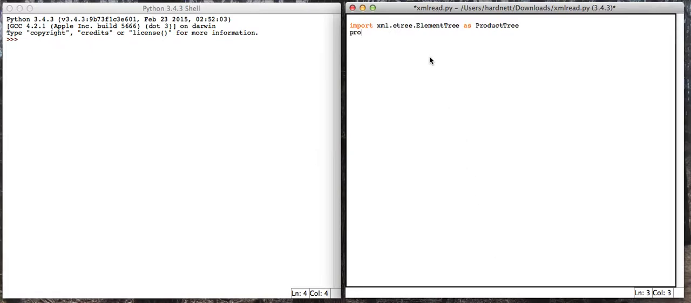So we're going to have product tree, which is going to be a variable to store the entire XML tree. We'll now refer back to our module, which is product tree, and the method that we want to access is parse, which is going to allow us to parse the data file. So we're going to process our data file that I just showed you, and once we do that, we're going to extract the root from that tree,